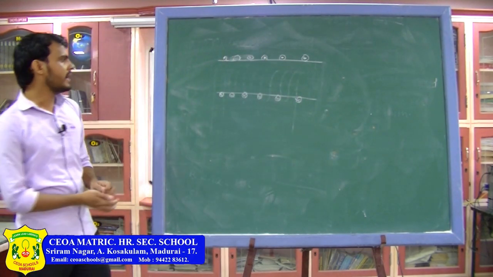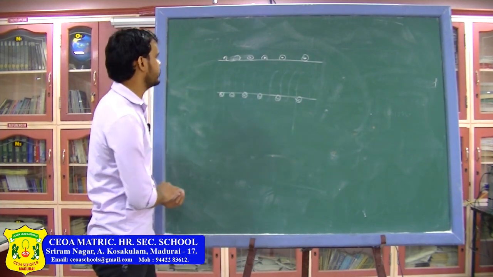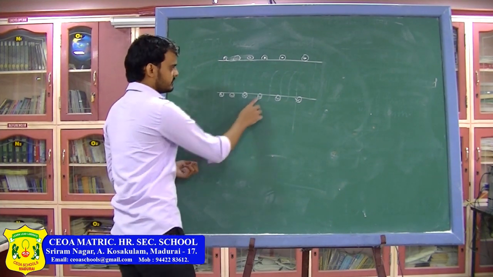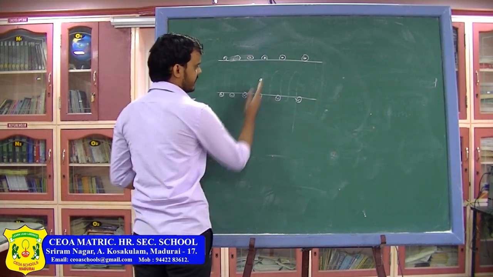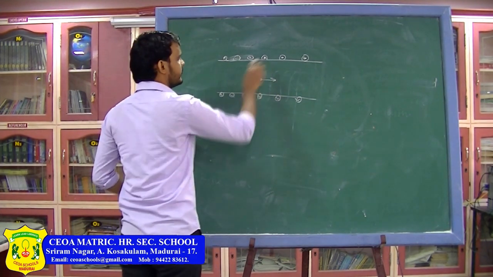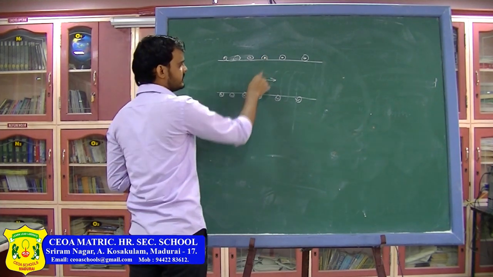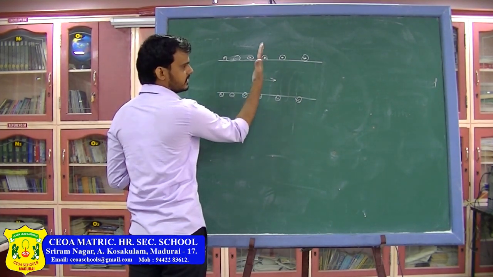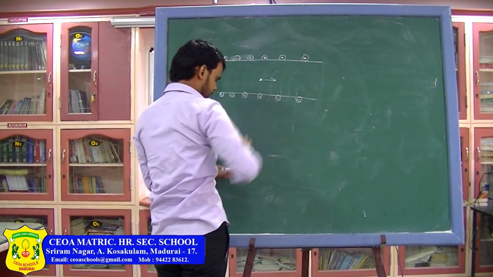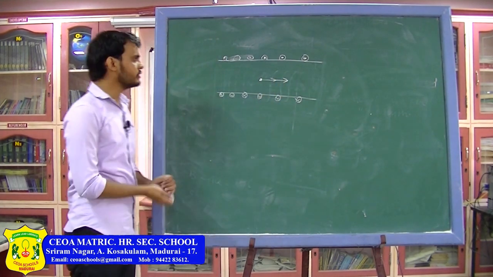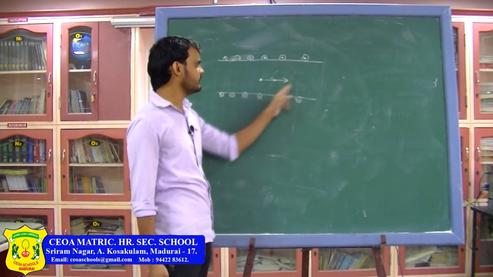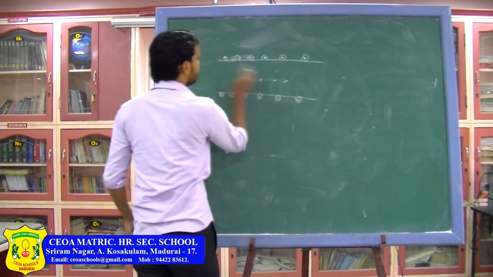Now let's see what is the direction of magnetic field inside the solenoid. Due to this wire inside the solenoid, the direction of magnetic field will be in that direction. And due to this wire, the current is coming out and the point is here. So if I keep my thumb in the direction of the current and my fingers towards the point, I will see that the magnetic field is in that direction. So due to all these wires as well as all these wires, the direction of magnetic field is the same, so the total magnetic field will be in this direction.